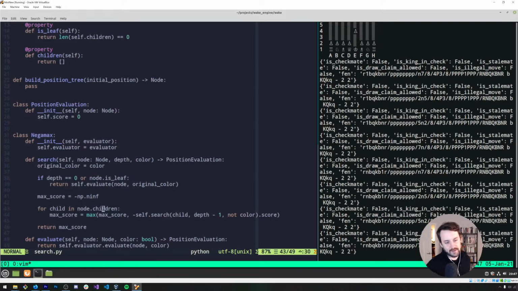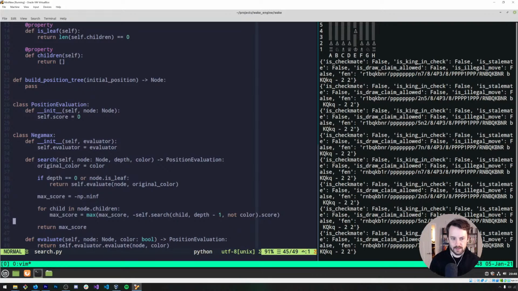For every possible move, the children will be possible moves. Max score is equal to the maximum of either max score, which starts out as negative infinity, or the negative of self.search for that child node, minus a depth, for the other color, dot score. So this is a recursive function.